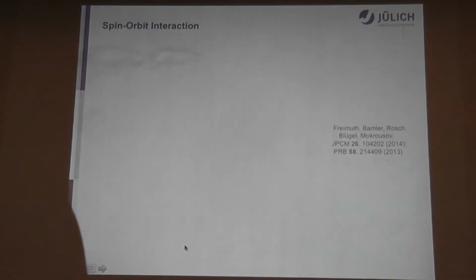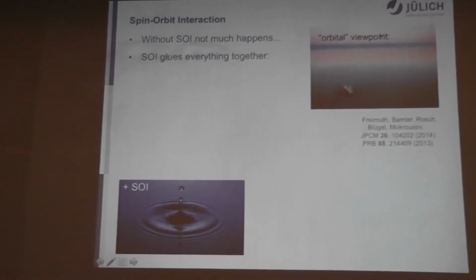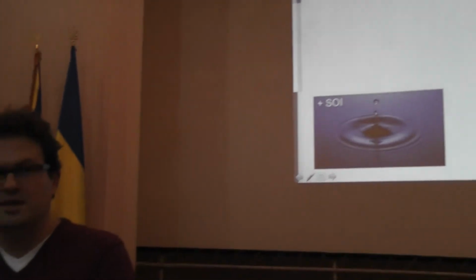All right, so this picture I drew without spin-orbit interaction, and without spin-orbit interaction, if I look at the orbital degree of freedom in my skyrmion, I will see that it is not at all affected. So you see here, basically, there is nothing. With spin-orbit interaction, what happens is that the electronic wave function, the orbital part of it, becomes coupled to the magnetization direction, and therefore to the real space. So basically, spin-orbit interaction causes ripples in my electronic wave functions in such skyrmions.